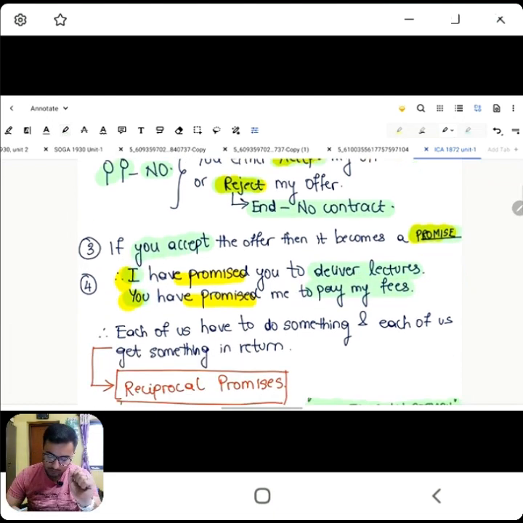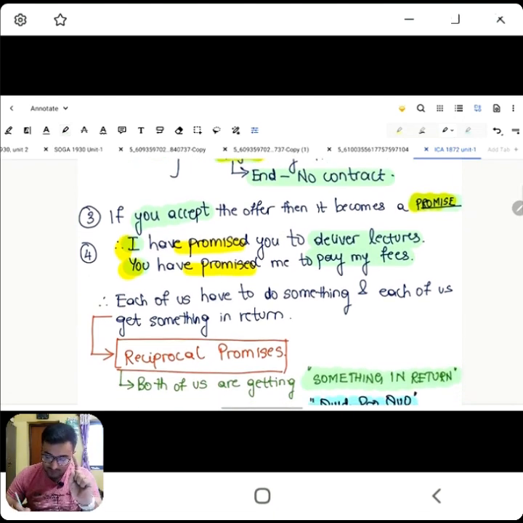Okay, no problem. So don't you think each of us, me and my students, have to do something or the other for each other? Right? I have to teach you, you have to pay me my fees. You buy a movie ticket, you have to pay the money, they have to show you the movie. You buy a bus ticket, they have to give you bus transport, you have to pay them money for the ticket. Any particular contract you do, there will always be this promise by each other, which we term as reciprocal